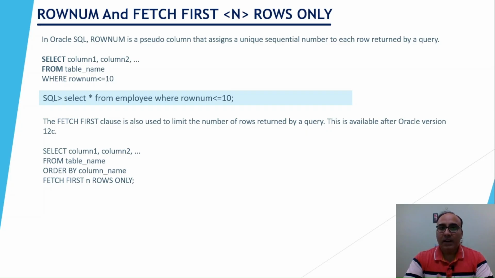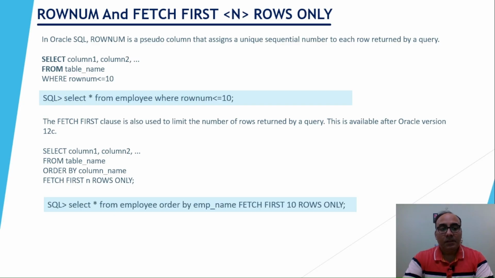So let's look at the example. Select star from employee, order by emp_name, fetch first 10 rows only. This query will basically retrieve 10 rows from the table employee on the basis of employee name. So first it will be sorted on the basis of employee name, and from that particular result set 10